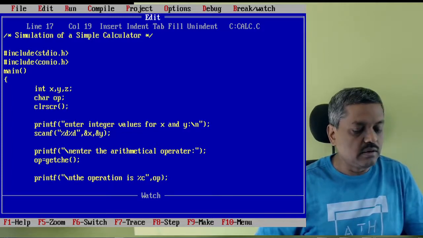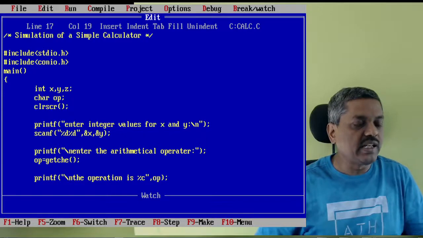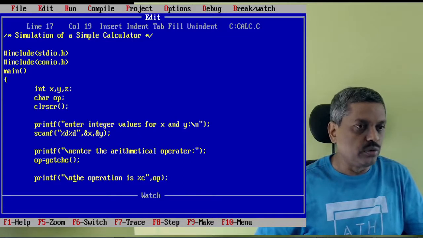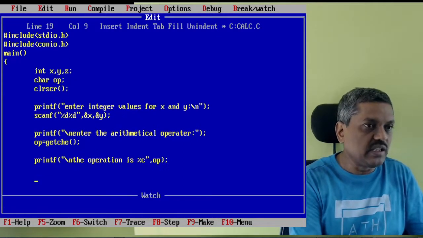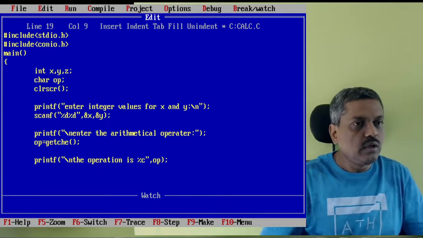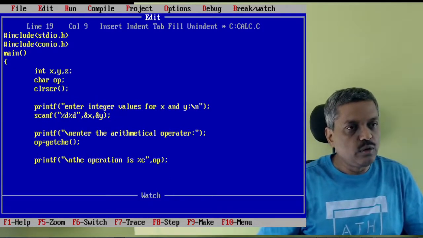So the starting section is like somebody is asking you to add 2 and 3 and telling what operation you are supposed to perform. That is what we have done programmatically. So computationally it has been achieved. Now everything is ready: two numbers are ready and the operation is ready. How to achieve that? Using this.